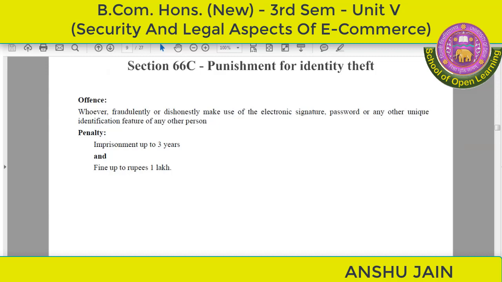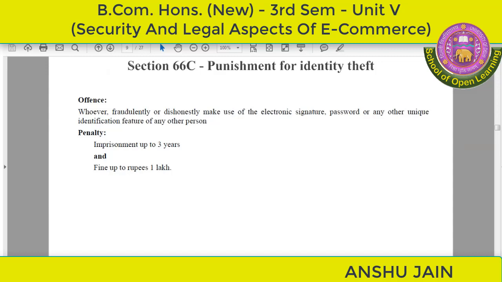मैंने अगर जानकर गलत इंटेंशंस से अगर किसी के डिजिटल सिग्नेचर्स को यूज कर लिया, एक्सेस लेके उसके कोई पासवर्ड्स को यूज कर लिया, उसकी आइडेंटिटी को यूज कर लिया किसी और इंडिविजुअल की, then it is treated as the offense and the punishment for identity theft will be the imprisonment which may be extended to up to 3 years along with a fine of maximum of 1 लाख रुपीज।